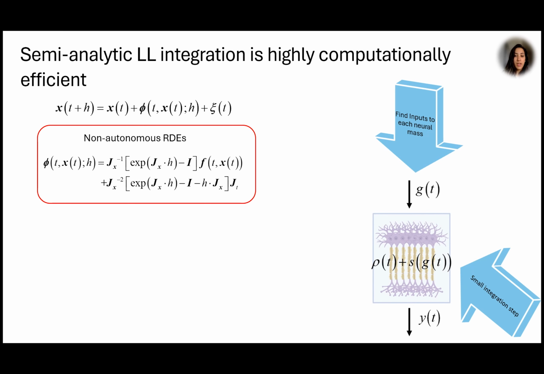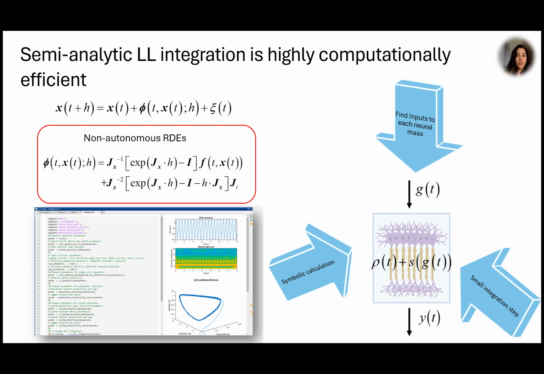The system of equations is solved with a sufficiently small integration step, making the input to each neural mass known. Thus, the solution of the random differential equation can be carried out for each mass in isolation. This approach uncouples the integration of each neural mass with significant simplifications in the solution of the system of differential equations, which are now low-dimensional. The integration for each neural mass can be solved symbolically and explicitly expressed. For that, I use the MATLAB symbolic toolbox.